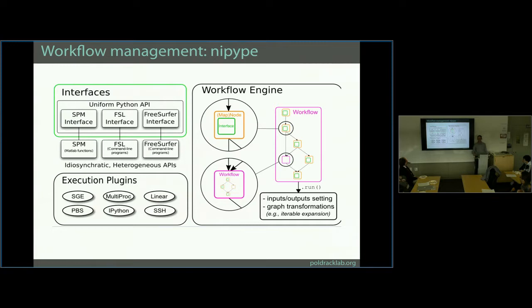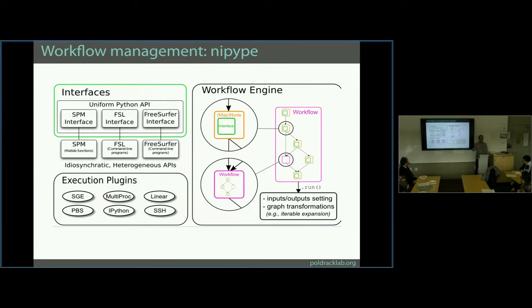One of the things that is really important for this is the engine that does all of the workflow management. And this is built on a tool that Chris Gorgolewski from my group has worked on with others for a few years now, called Nipype, which is a Python-based workflow engine that has interfaces for all of the major imaging software packages, SPM, FSL, FreeSurfer.